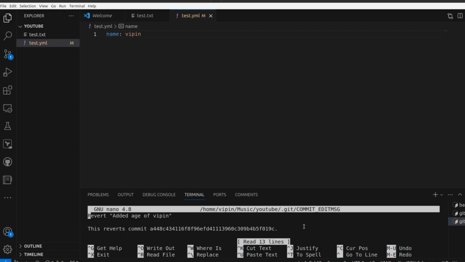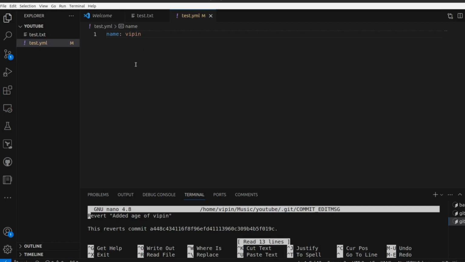So you can see here in that file, we had written age, that was 19, right? That last commit is gone, so age is not available right now. So using git revert and the commit ID, you can escape the conflict of changes.